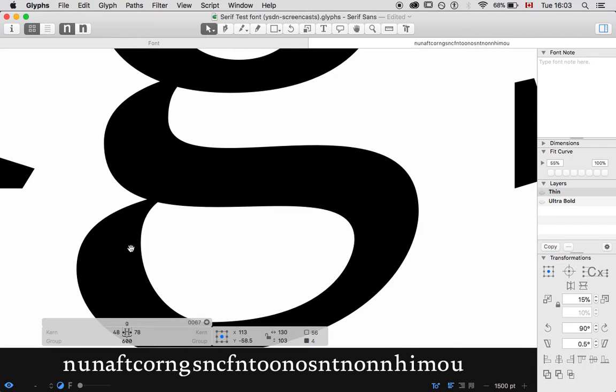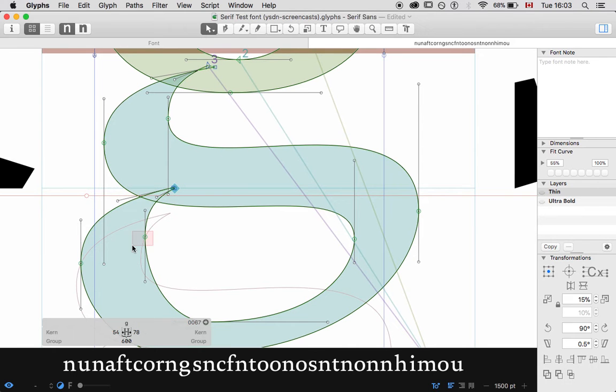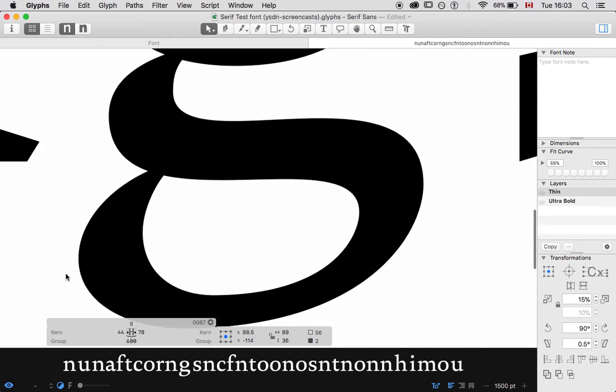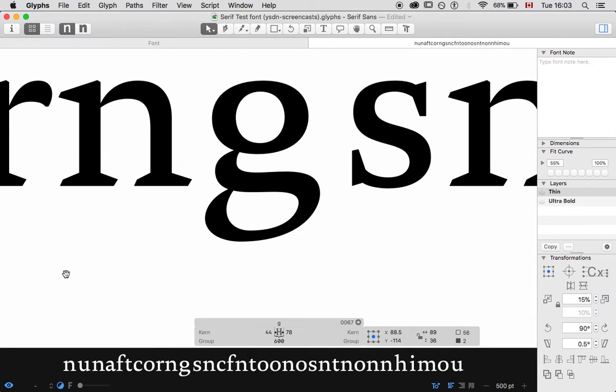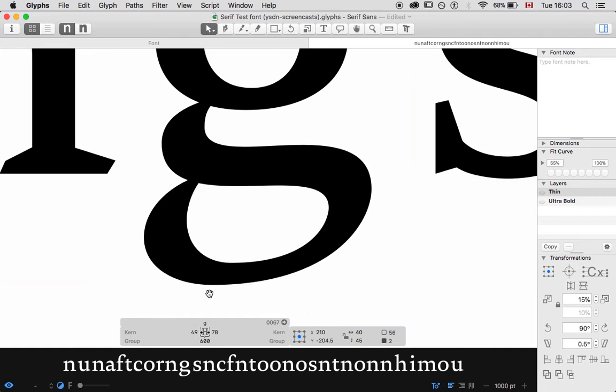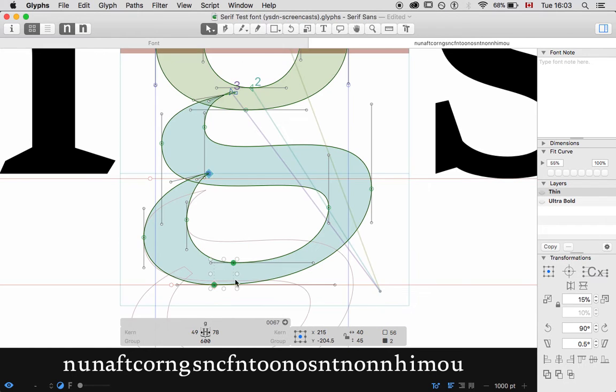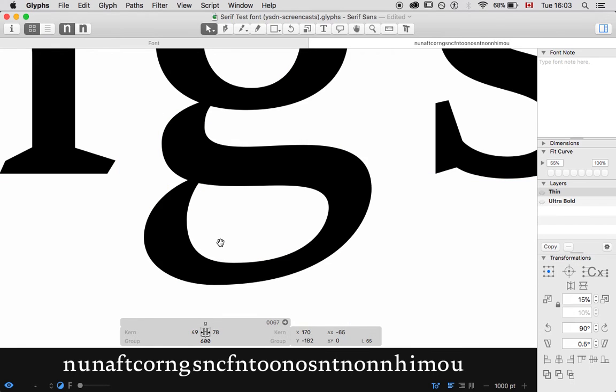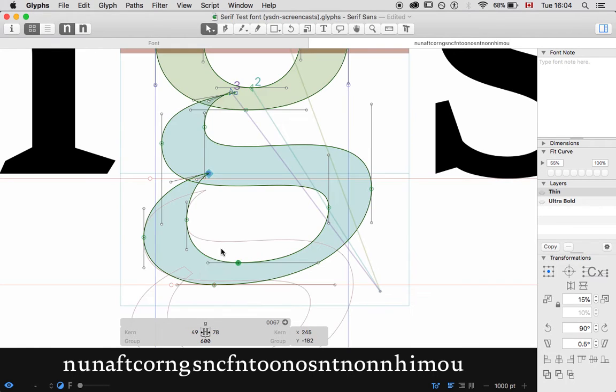Okay, so now we've got the same stroke entry, and we're getting the same weight, but it is going to have to change. I won't sit here and say it can be exactly the same. It has to change. So I'm going to try something like this, and now we're starting to get that lowercase g flow. The same kind of movement here. Think about the way that a calligraphy pen would move through this shape. Okay, and